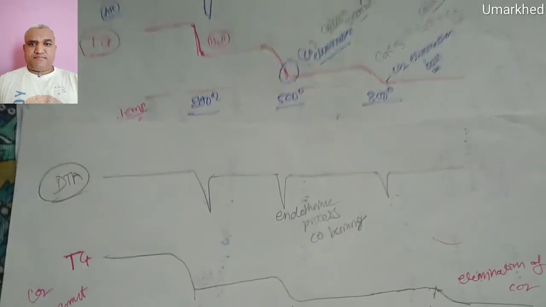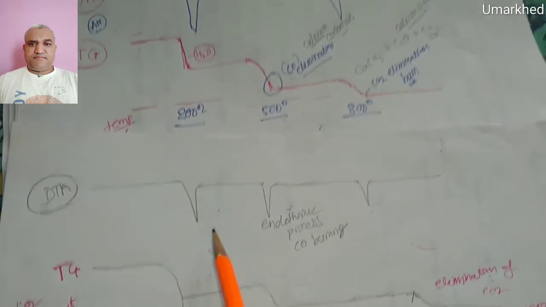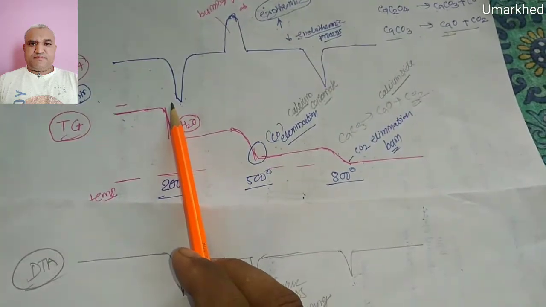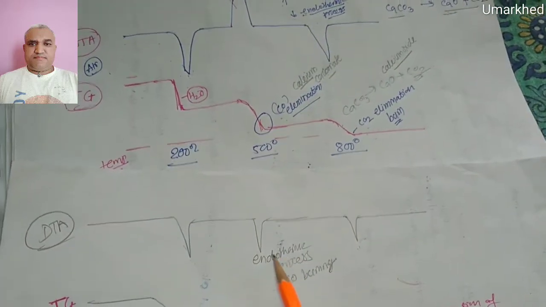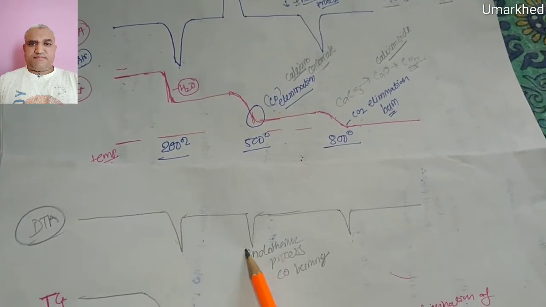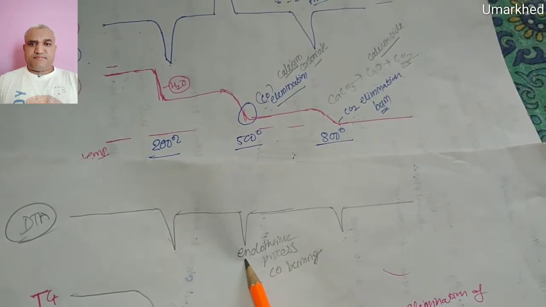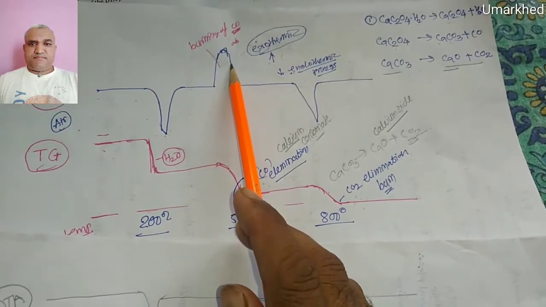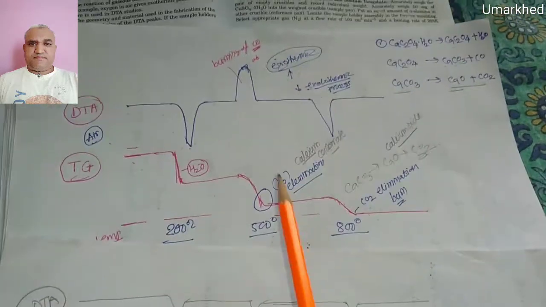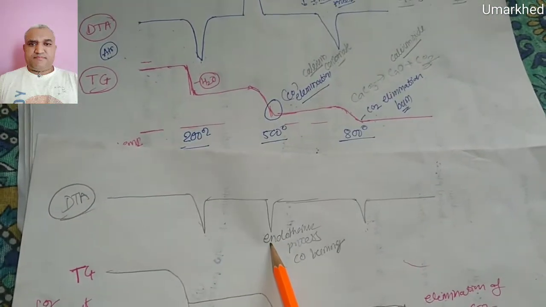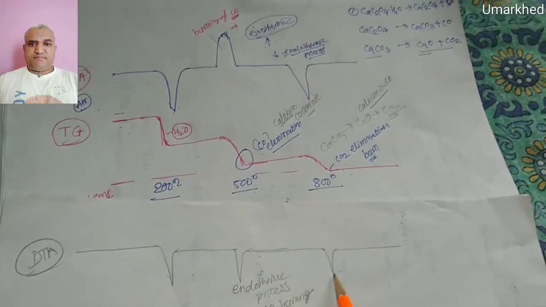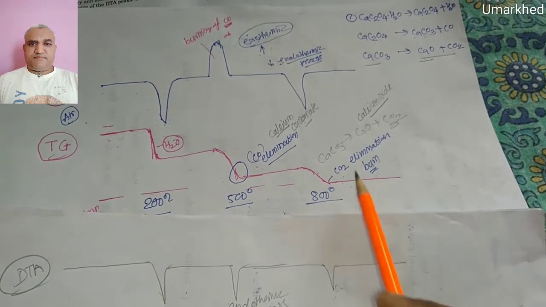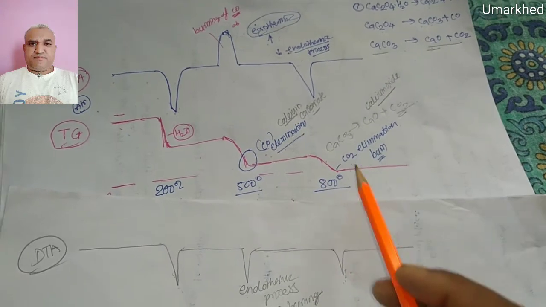There are also some differences in the DTA curves. In DTA, first the elimination of the water molecules at 200 degrees Celsius, same as in air. But the elimination of the CO in DTA is an endothermic process in CO2 atmosphere, and in air atmosphere it is an exothermic process. This is the main difference between air atmosphere and CO2 atmosphere. And the third step is the same but at a higher temperature, that is the elimination of the CO2.